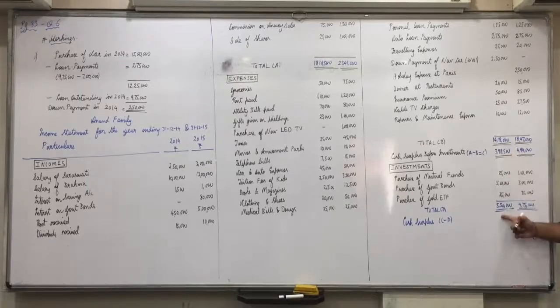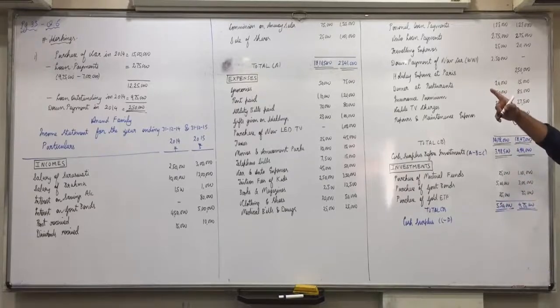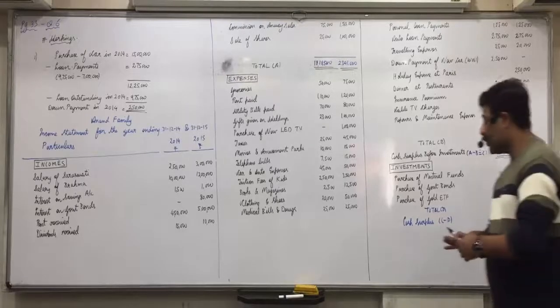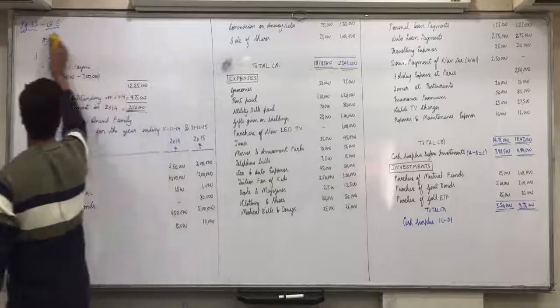So how much is the deficit? 1,51,500. That will be shown as short-term borrowings in incomes, and your balance will become zero. For that we'll make the workings. That's why I said write all these amounts with pencil, so they come to know. If you have sufficient money, then overwrite it with pen and finish it. But if you have a deficit, then we have to do short-term borrowings. Did everyone understand it?